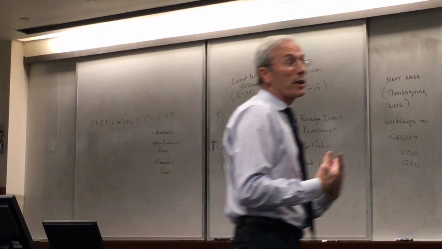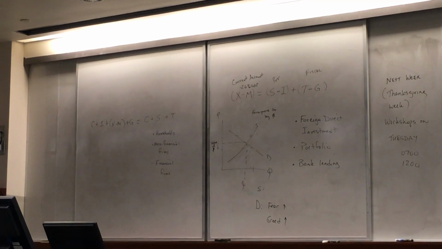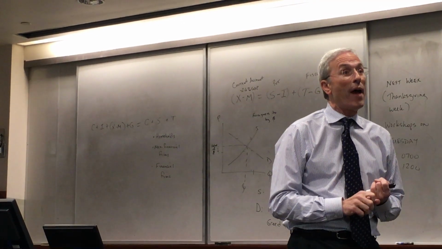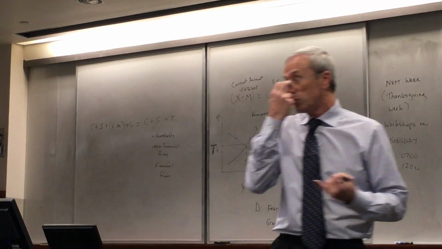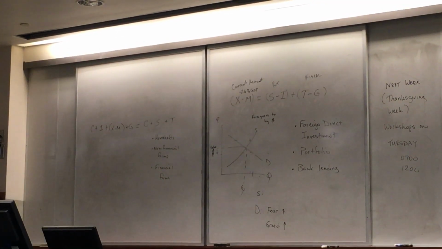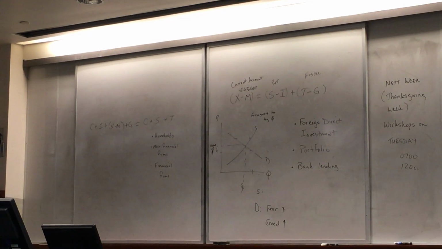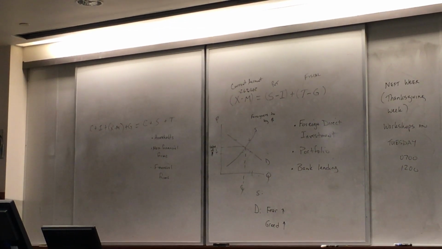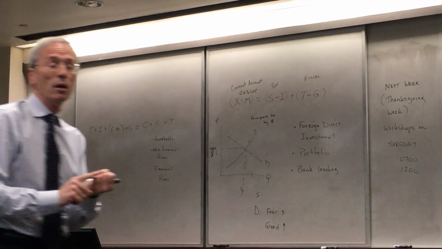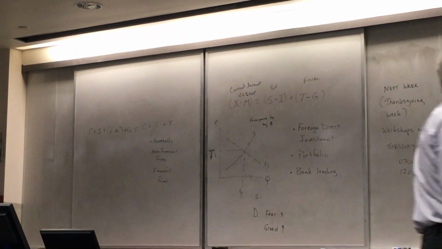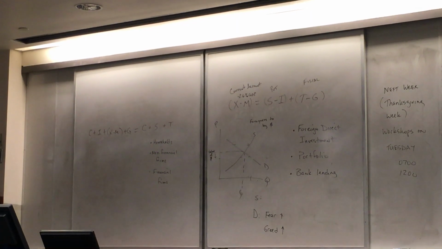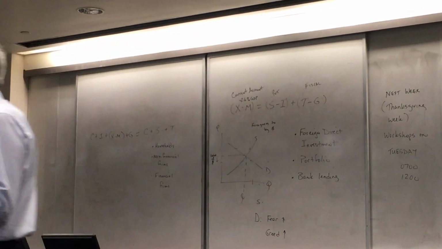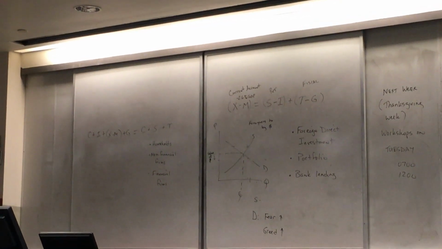So what are the factors that make me think I want to invest in the American economy? Well, if the American economy is growing faster than other economies, so we're growing at 3%, the Europeans are growing at 2%, and the Japanese are growing at less than 1%. Don't be fooled by today's Japanese figure. If you look at it, it's all smoke and mirrors. Or it might be too risky to invest in China. So if the U.S. is growing faster, people will want to have dollars to invest in the United States.